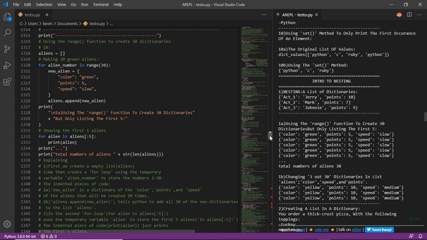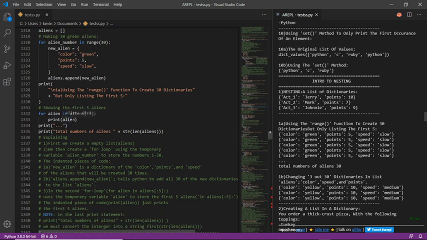Now, here we're going to show the first 5 aliens to show you that all 30 dictionaries are in this actual list. Make sure it works. So here we create a for loop with a temporary variable that tells Python to store the first 5 dictionaries with this slice. If you remember, when you leave off the first number, it gets the first item all the way until number 5. So this is just telling it to get the first 5 aliens, and then we're going to store them into the